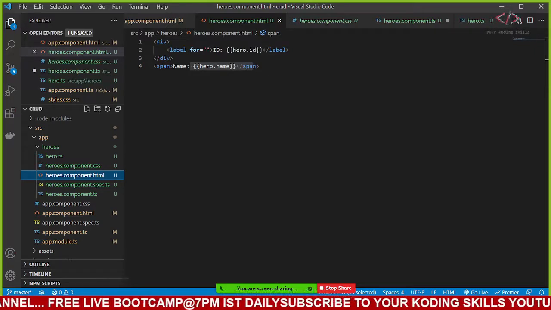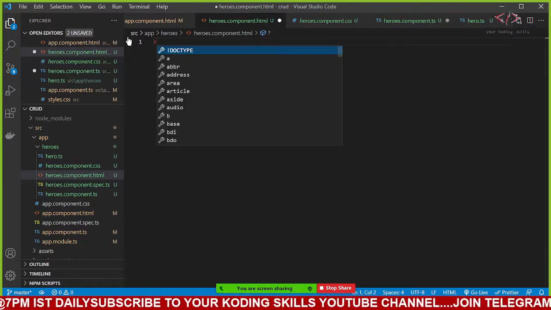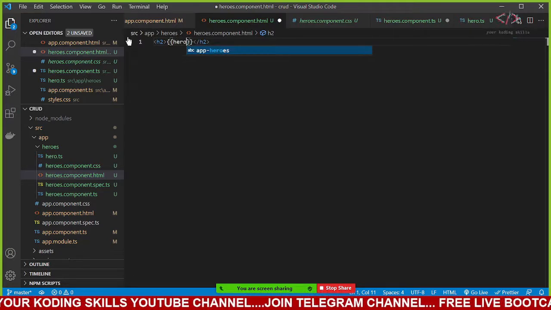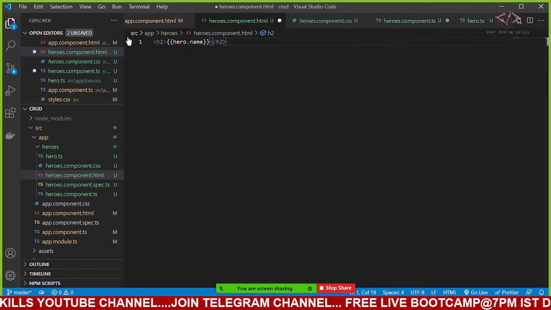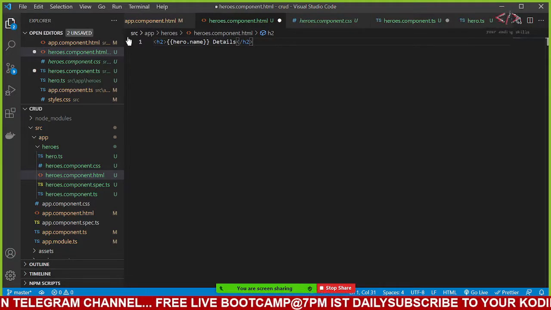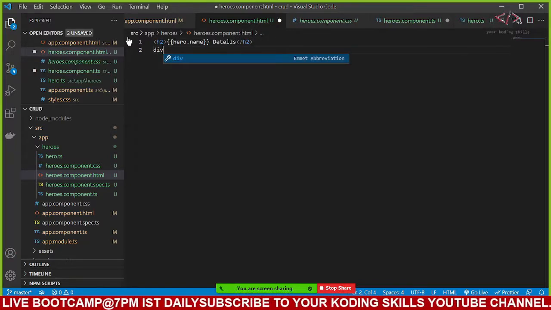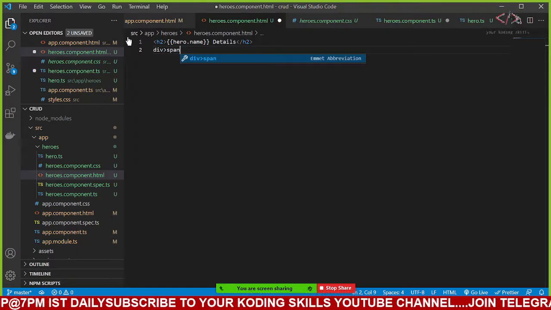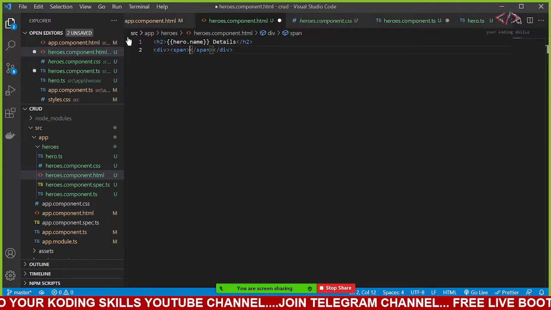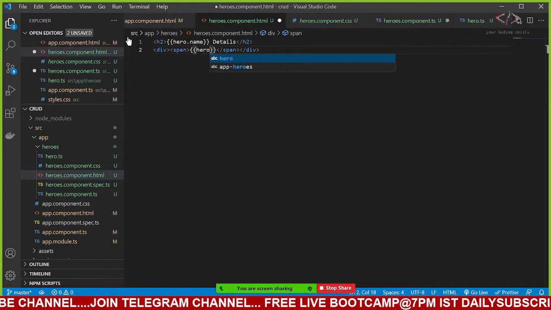Now let me change this UI. In my h2 I will add hero dot name, which is that particular hero's details. And I'm going to create a div, and in this div I will have a span, and in this I will say it is hero dot id.